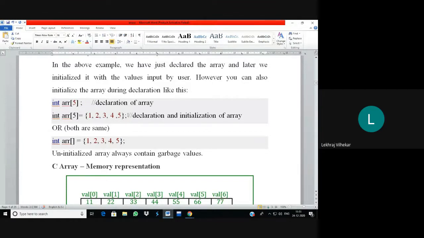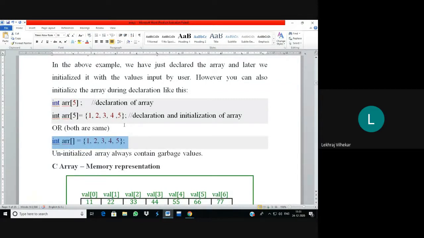Sometimes in the exam they will ask what is the difference between declaration and initialization of the array. This is the simple example of array declaration, but this is the example of initialization of the array. This first part is the declaration, and this is the initialization. Or you can do it in the same line.